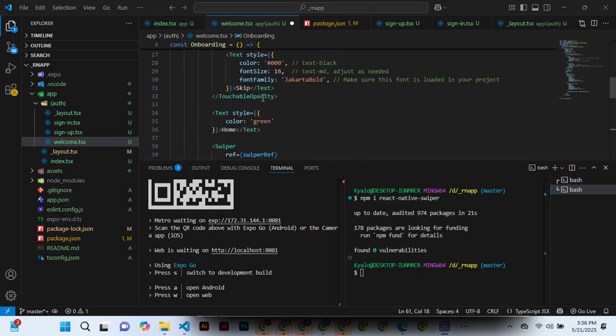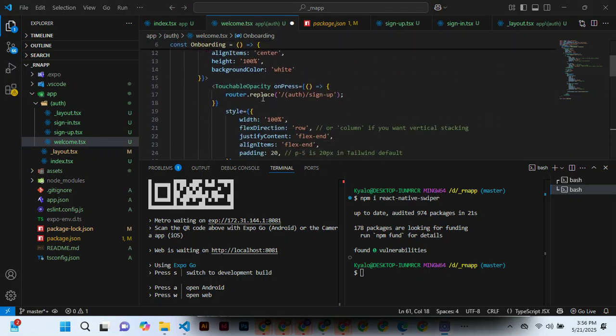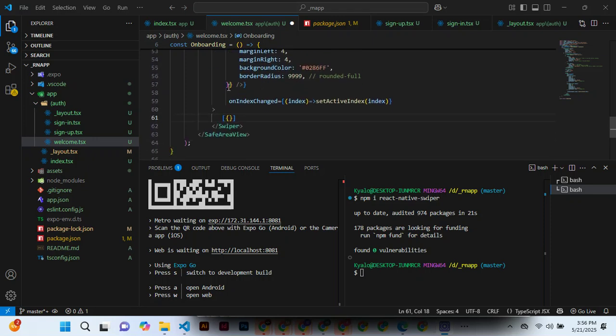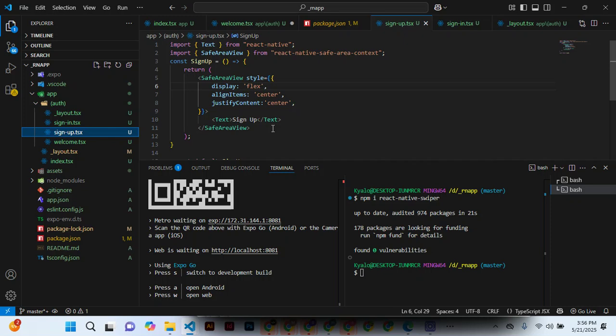So now I think what is remaining is to make use of, we have already done sign up, and this is actually after you click skip, then we have